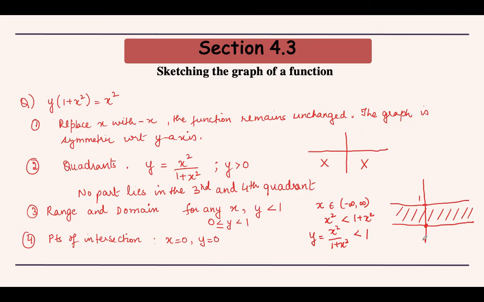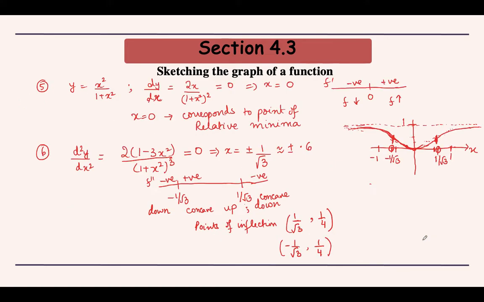Now next we will check with the derivatives. For the first derivative, we are going to use the quotient rule and find out the derivative. This is the expression for the derivative, and when we equate this to 0, we get x equals to 0. So now we are going to divide the number line using the x equals to 0 point into two intervals. Your first interval on the left side is minus infinity to 0. On the right side, your interval is 0 to infinity.